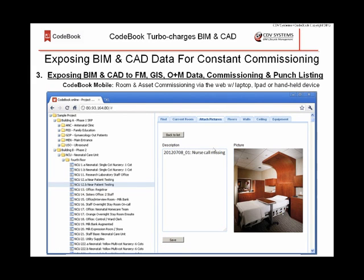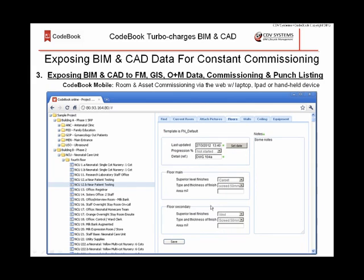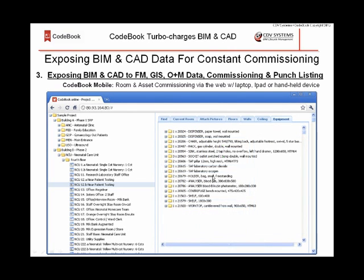If they want to take a photograph, they can take a photograph of that particular room and add a note. There's a leaky tile, there's a damaged floor, there's a missing piece of equipment, whatever that value is, they can actually take a picture, they can make a note. Likewise, they can address parameters within the database for floors, walls, and ceilings for commissioning purposes, and whatever values you want to display there. They can also get a list of all the equipment, and they can actually click a